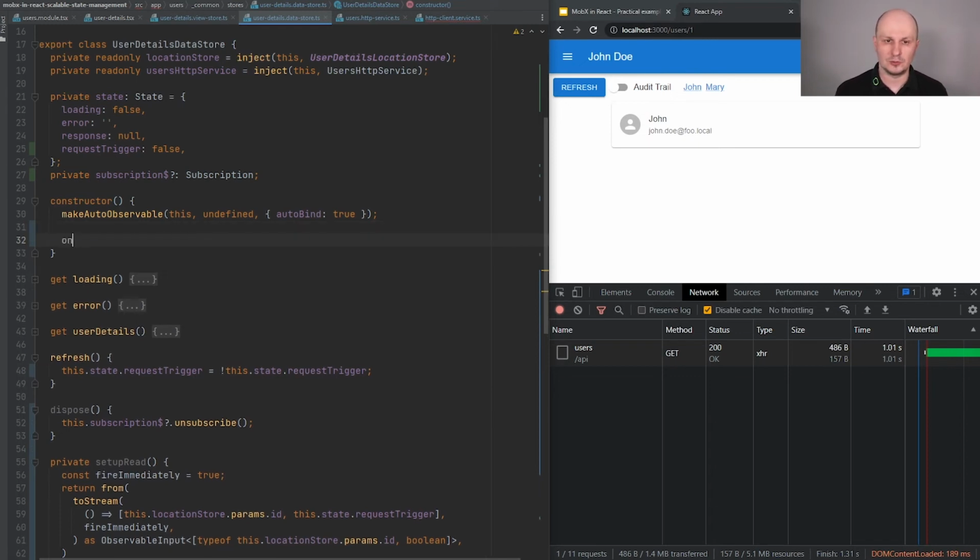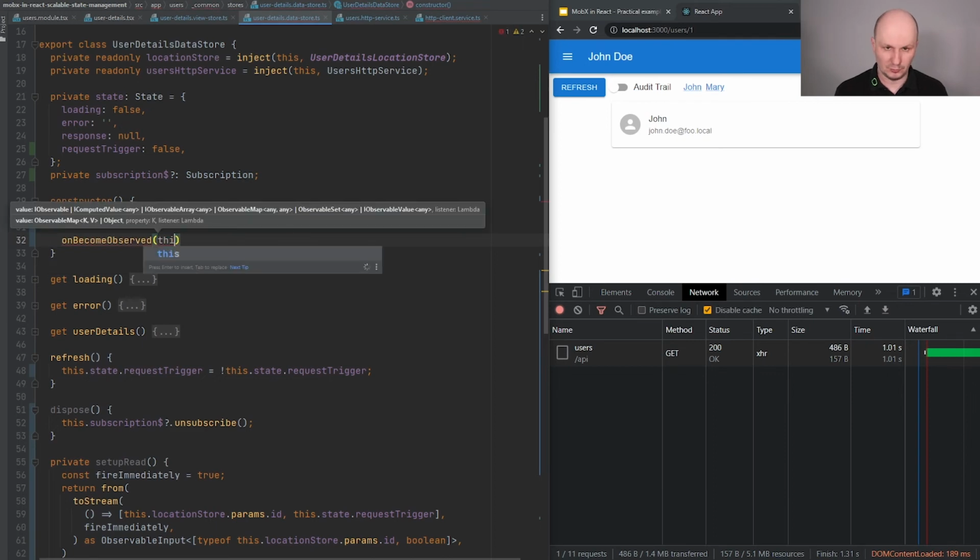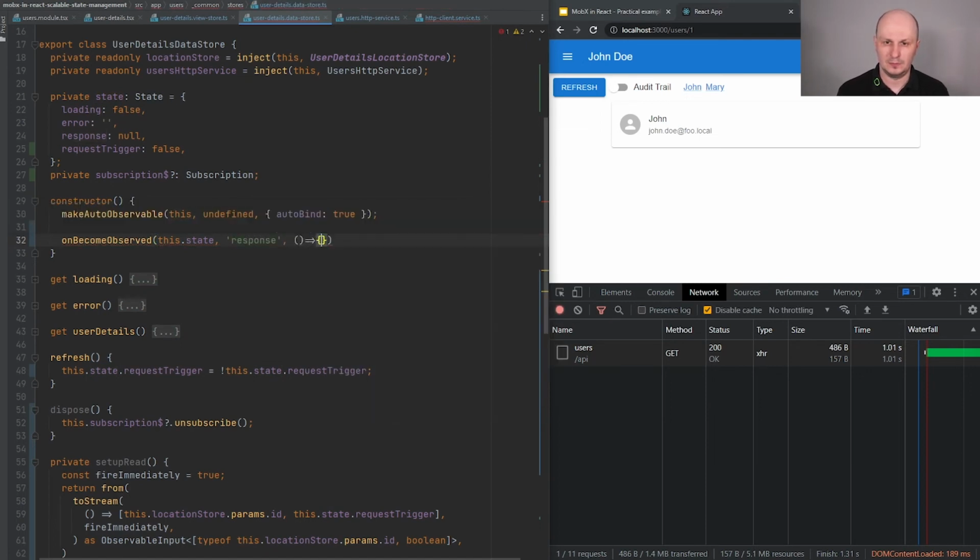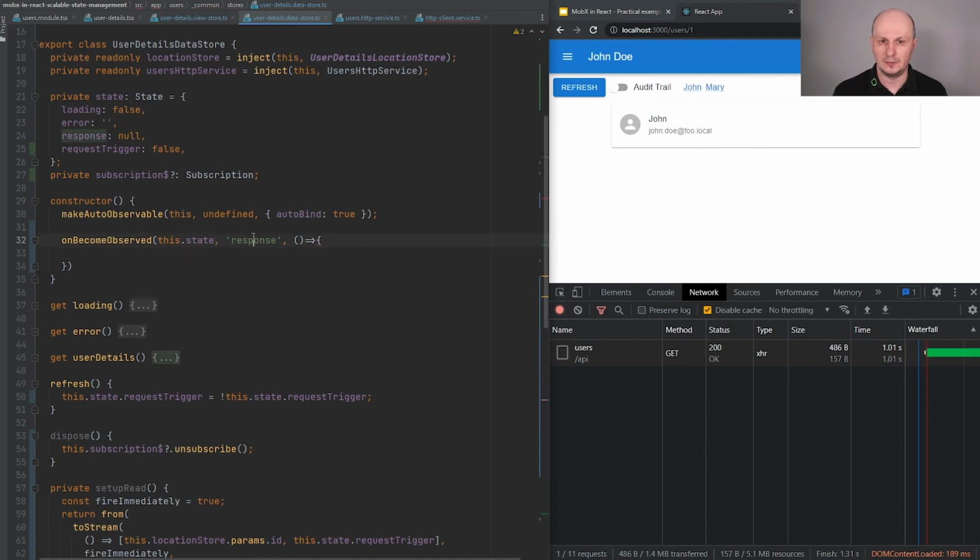I'm going to use the onBecomeObserved tool from MobX, and it works like that. If the response property is going to be observed by any React component or any other observer, then this callback will be executed.